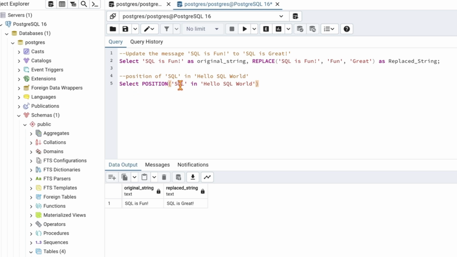Select position of the string that you want to find the position in the actual larger string. Do you want to give an alias name here? As SQL position. Execute it. See,